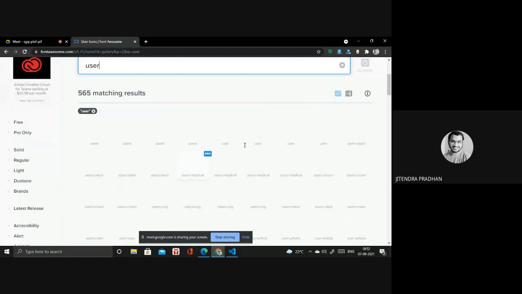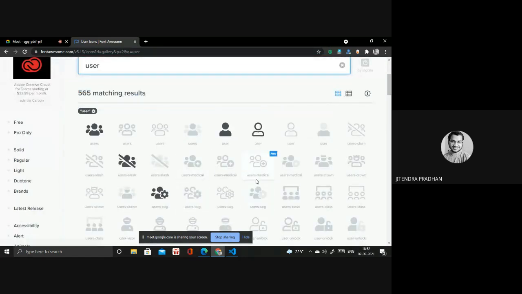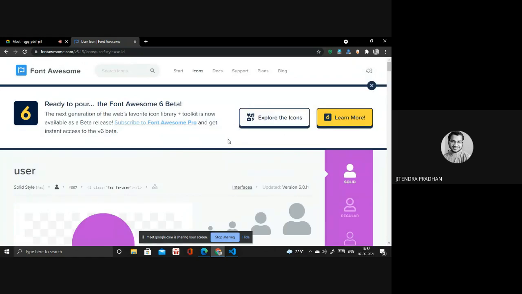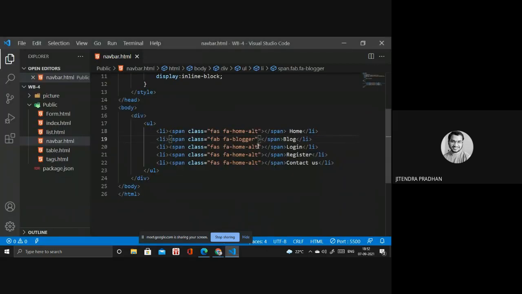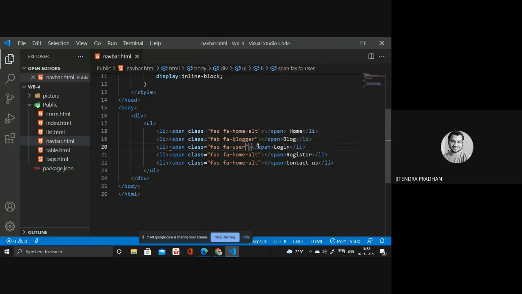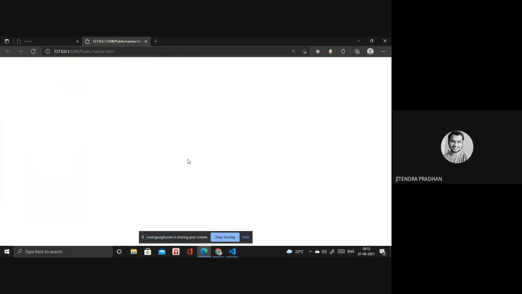Yeah, it's done. So I need to choose something for login. I will choose a user. Wait, it's opening. So what is the name of that icon? It's fas fa-user, right? Okay.